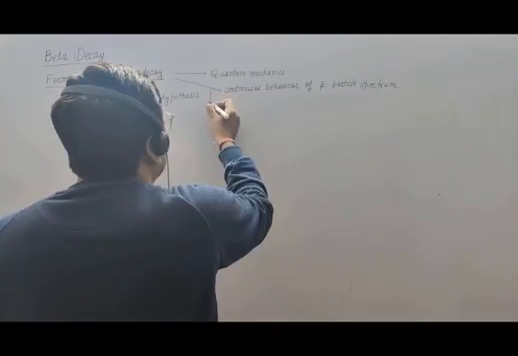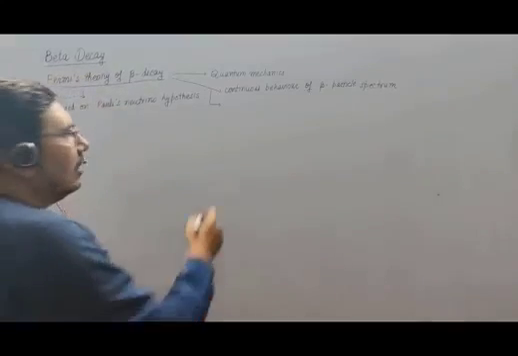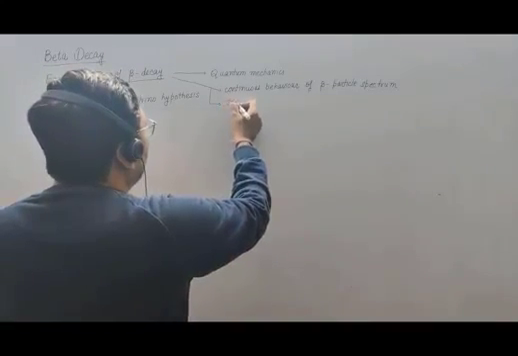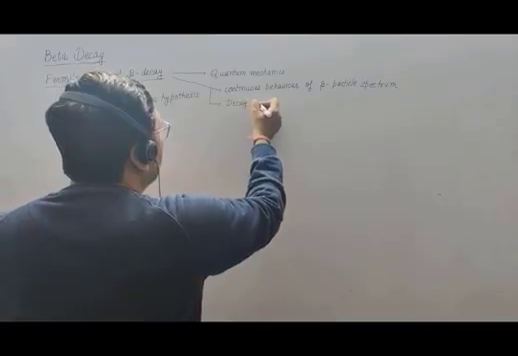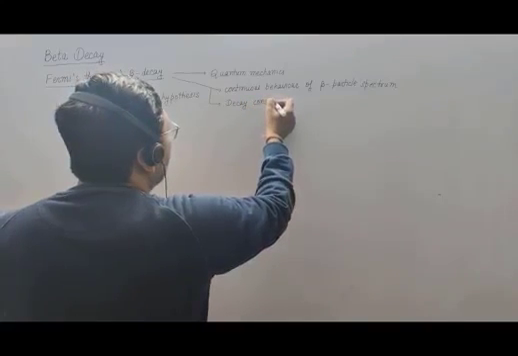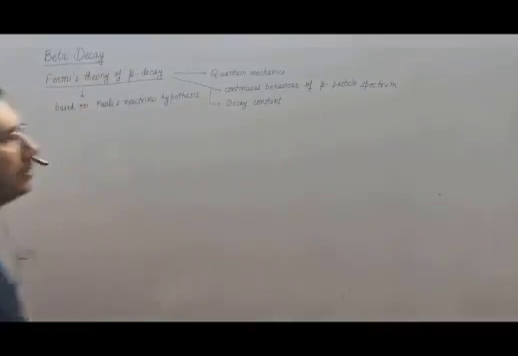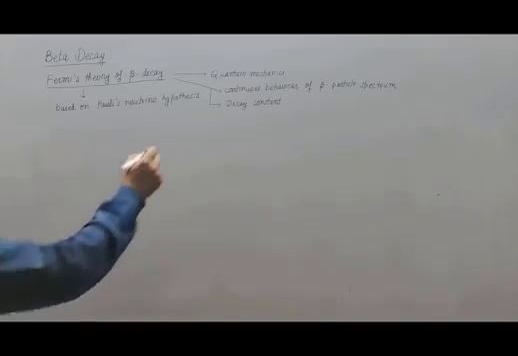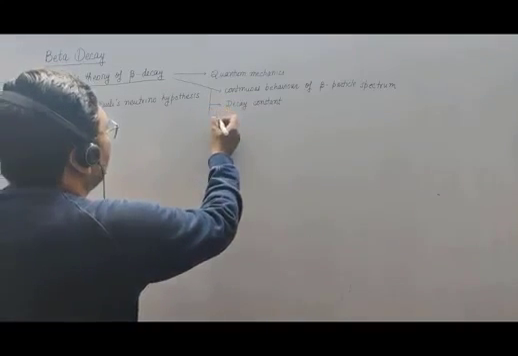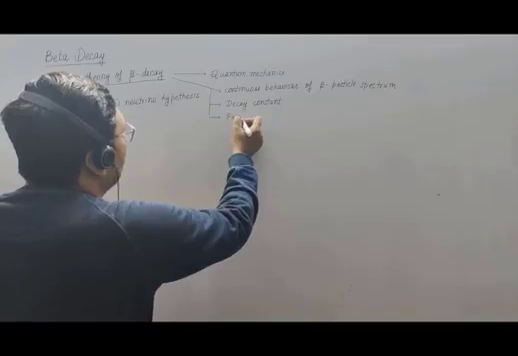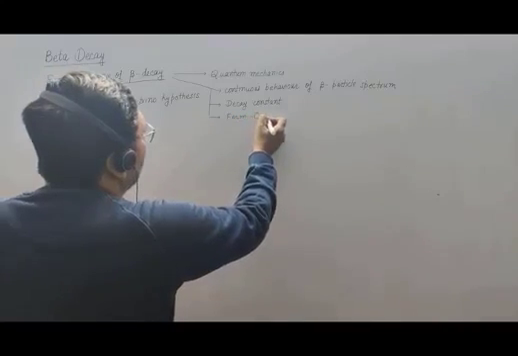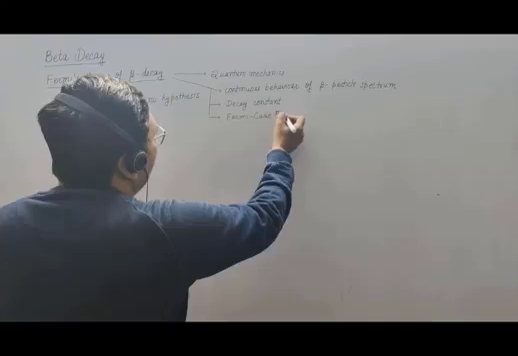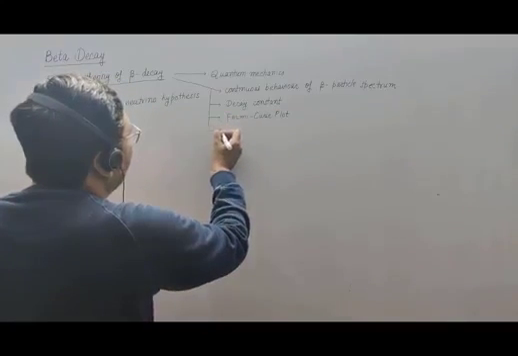The second aspect he calculated was the decay constant. He was able to find that out. After this, he was also able to draw the Fermi-Curie plot. And in the last, he found the FT parameter